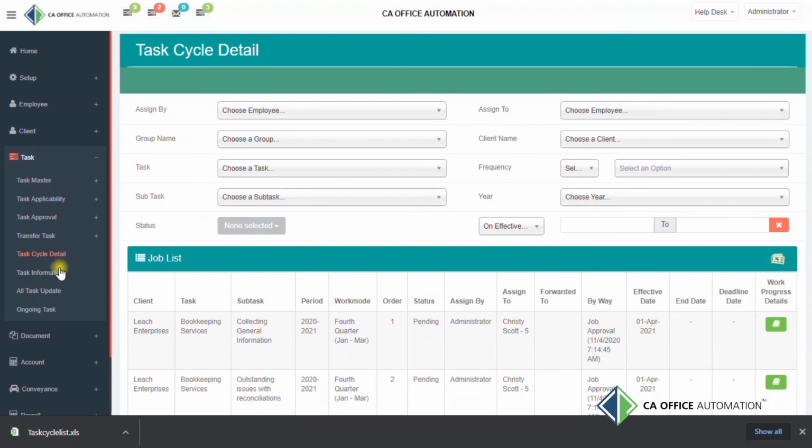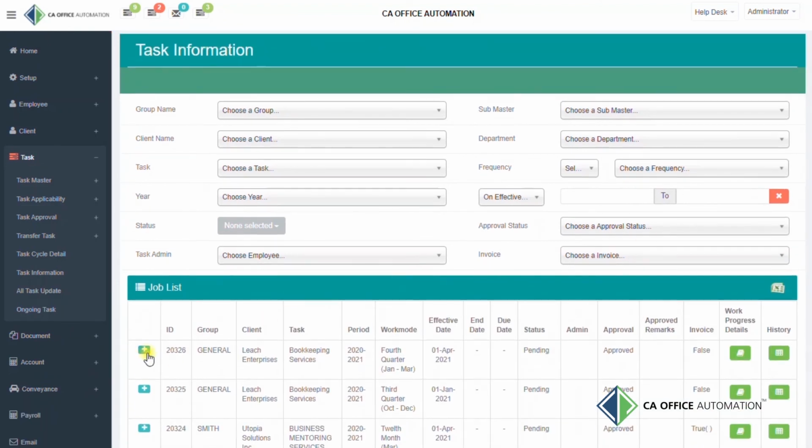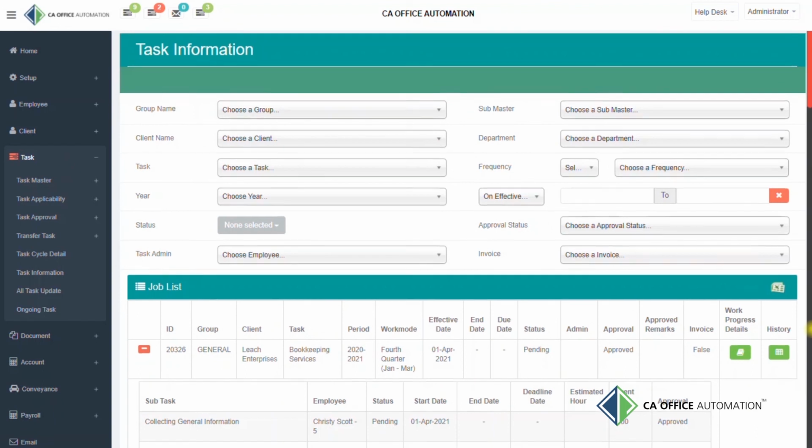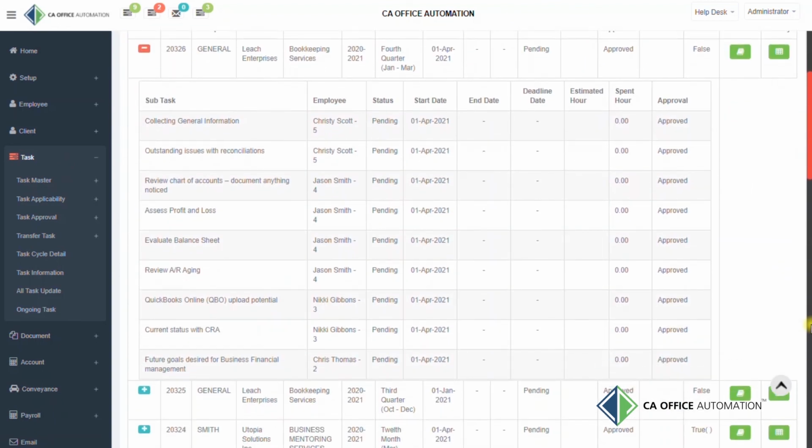In the task information, you can see all the details related to a task and can get the detailed report with all aspects. By clicking on the plus sign, you will get the details of a particular subtask. For example, if at any point of time a client requires an update on his task, task information will help in creating a detailed report, such as status of the task and subtask, due date, employees involved, task admin, task history,